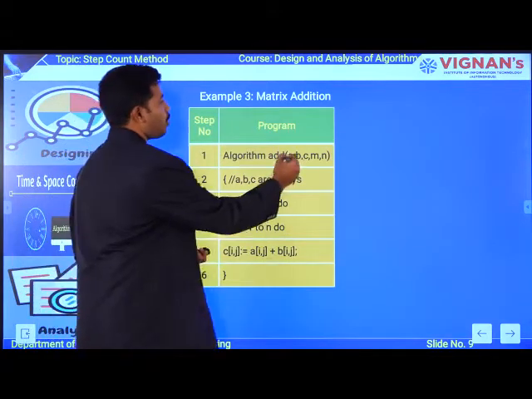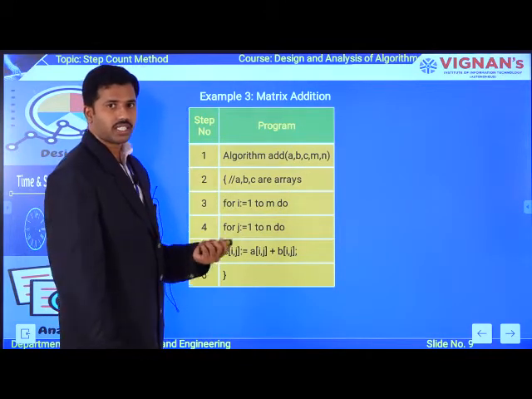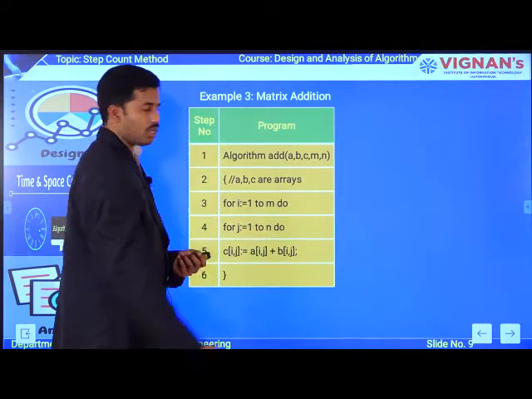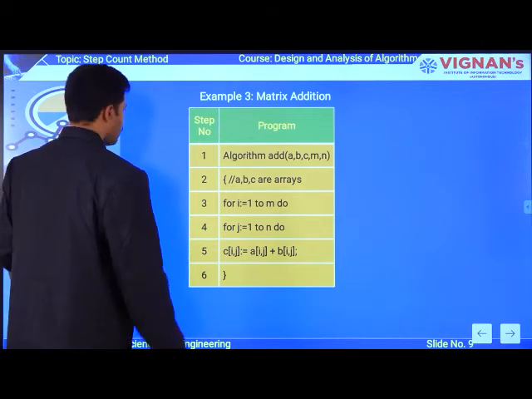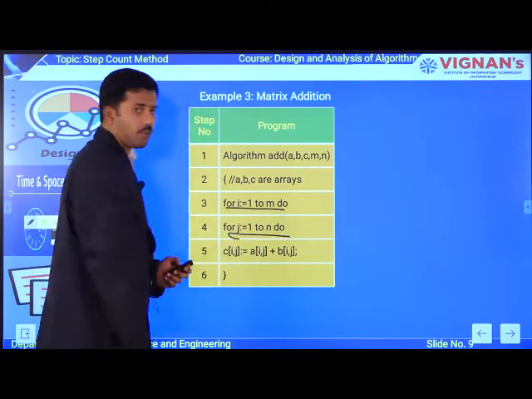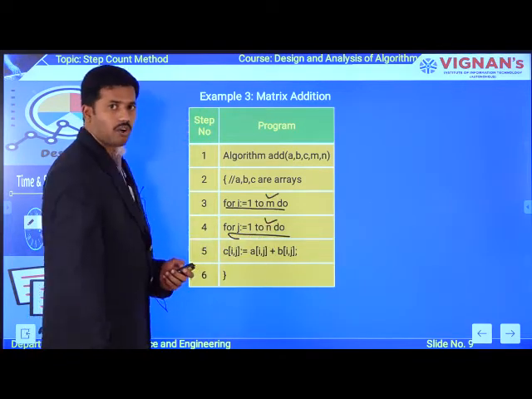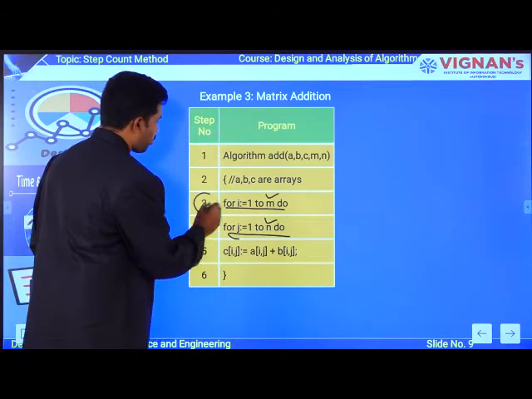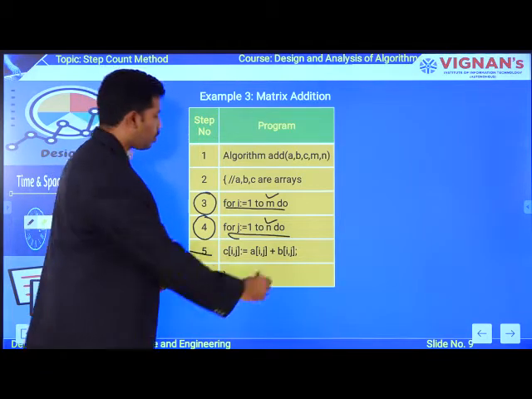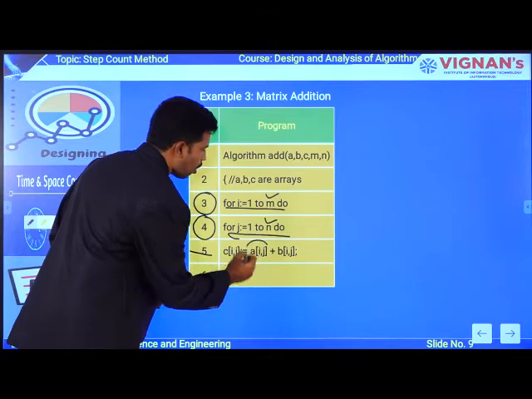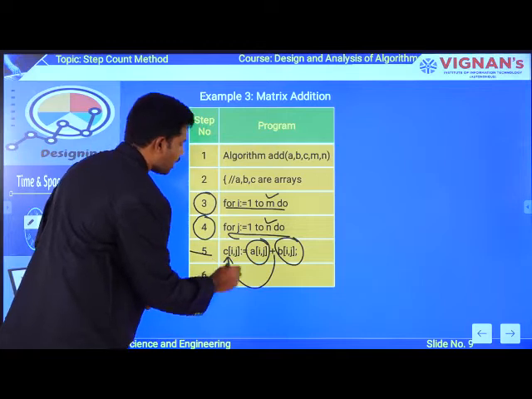So this algorithm is having 5 parameters as an input. Okay. So A, B will act as an input and C will act as output, and m defines number of rows and n defines number of columns. Okay. So likewise, I am going to be taking 2 for loops to trace the number of rows as well as columns. So rows are available with m, columns are available with n. So after tracing the step number 3 as well as 4, at step number 5, you are going to have a simple arithmetic addition operation to get the sum of all the values which are available in the input array A as well as B. So after performing addition, I am going to be updating to C.